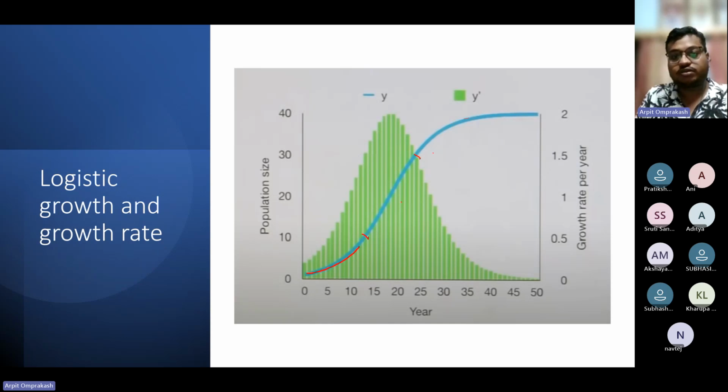If we plot the differential of this, which basically gives us the rate of growth per year, which is given by these bars, we see that the highest growth of the population occurs somewhere around here. So this is the time where we should be extracting individuals, or fishing, from this population. Okay. So based on this, we can calculate